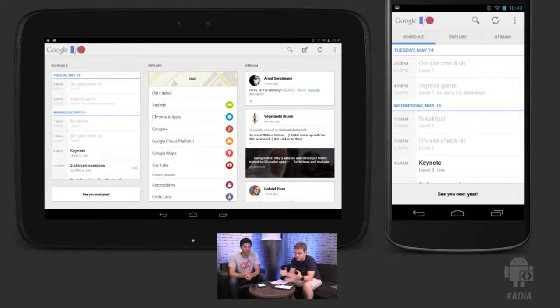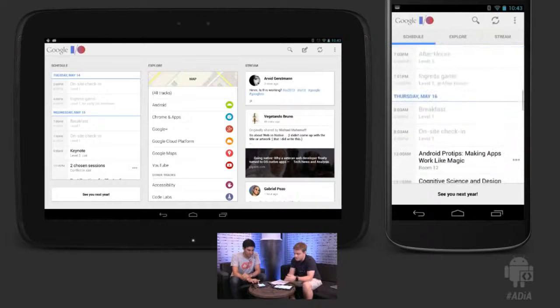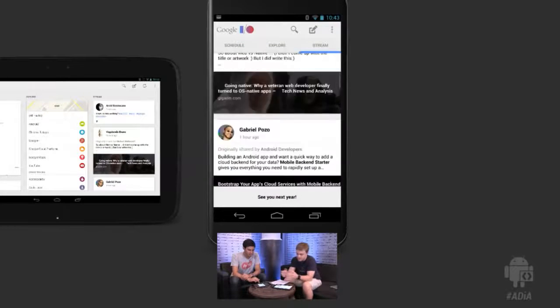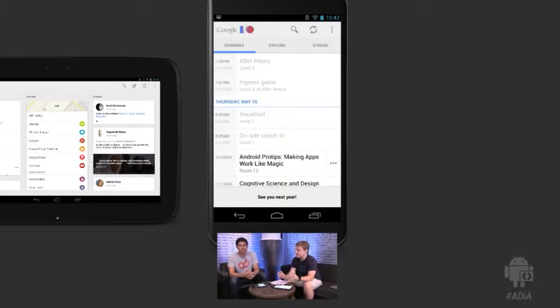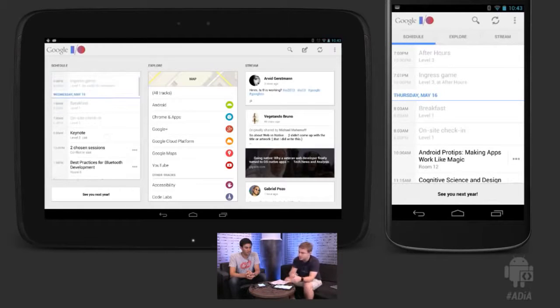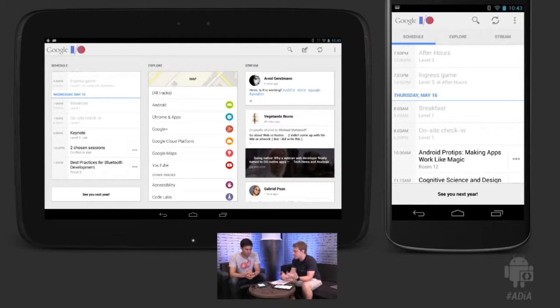But also just in terms of navigation, on the phone you have tabs representing your 3 top-level sections. You have your schedule, which is personalized, your Explore, as well as your Stream. And Explore contains things like the map and list of tracks and things like that. And then on a tablet, we blow it up into a kind of dashboard UI. Not actually the dashboard pattern with a 4 or 6-pack of icons, but really a what's happening now type of screen, where you see your current schedule, upcoming sessions, as well as the stream of